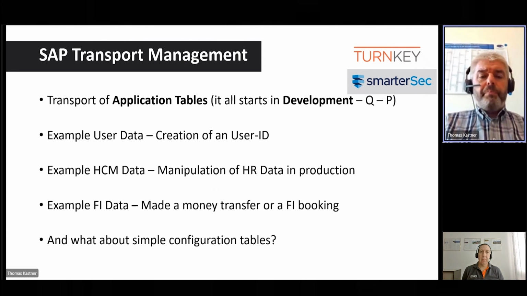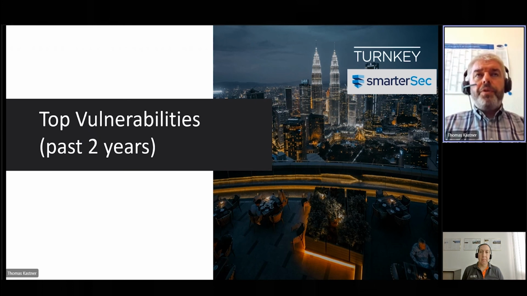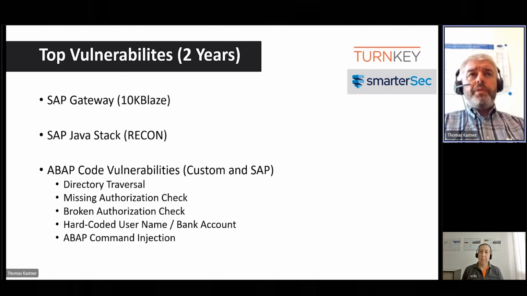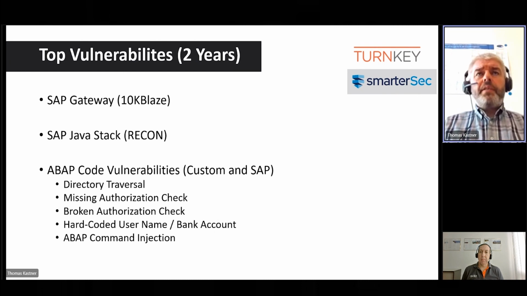So over the past 2 years of investigating vulnerabilities of SAP systems, there are 2 big ones that hit the market.